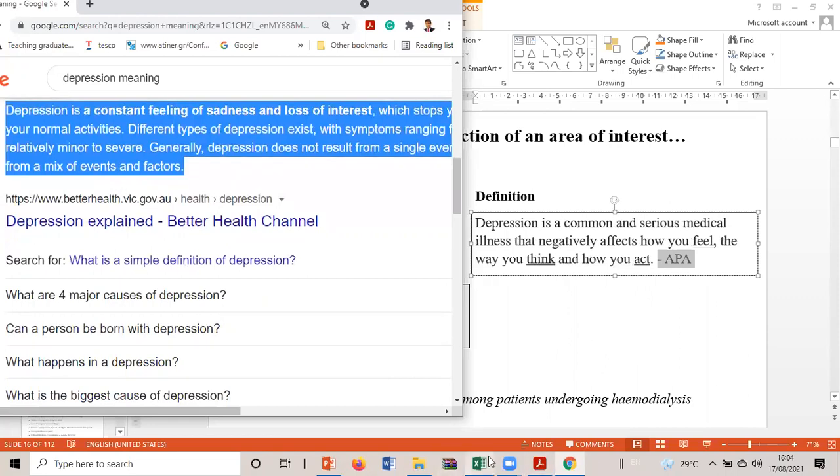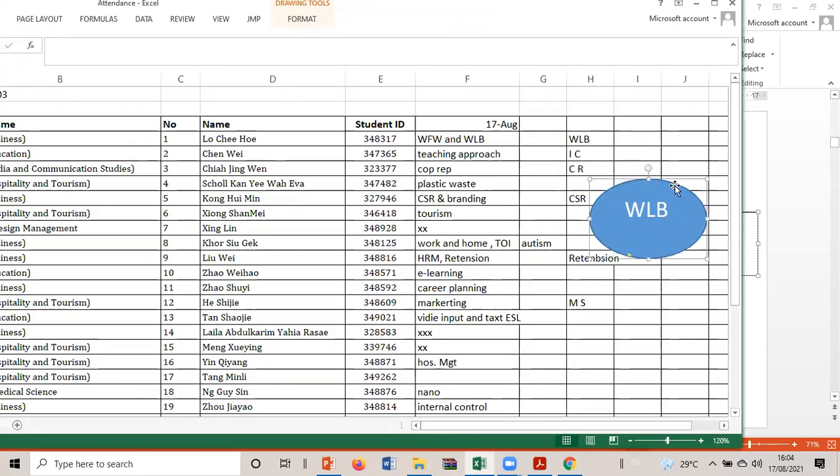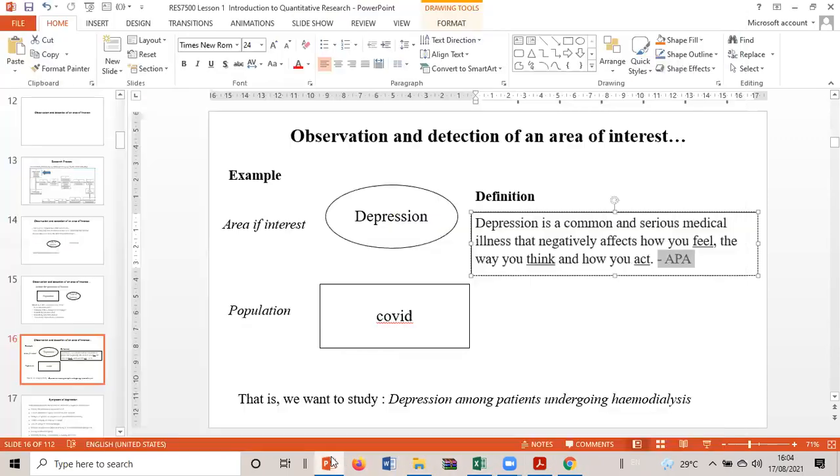So all of you go and search the keyword and tell me what the definition means. Just now you drew the circle, and in the box by the side, you define it. For the time being, just keep your source, whatever the source.